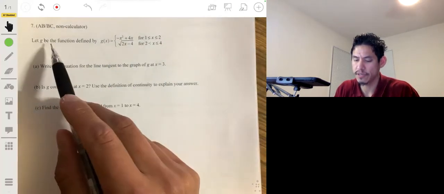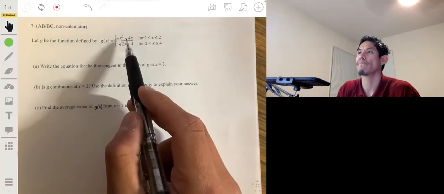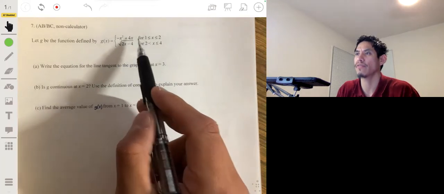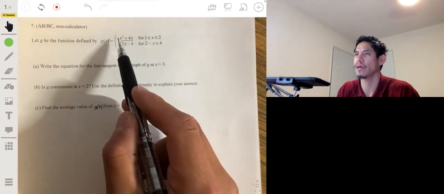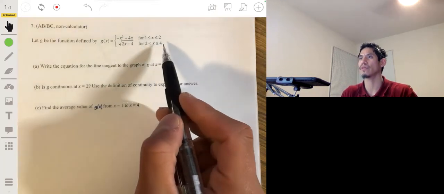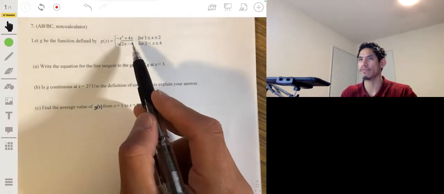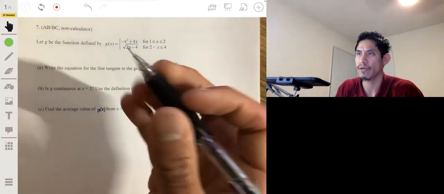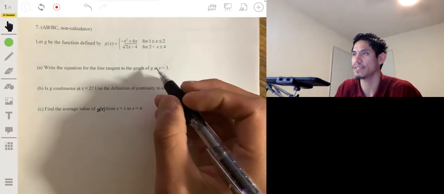All right, so g is this function. It's a piecewise function. From 1 to 2, it's like a downward parabola, and then from 2 to 4, it's going to be a square root function. So part A, we're going to write the equation for the line that's tangent to the graph of g at